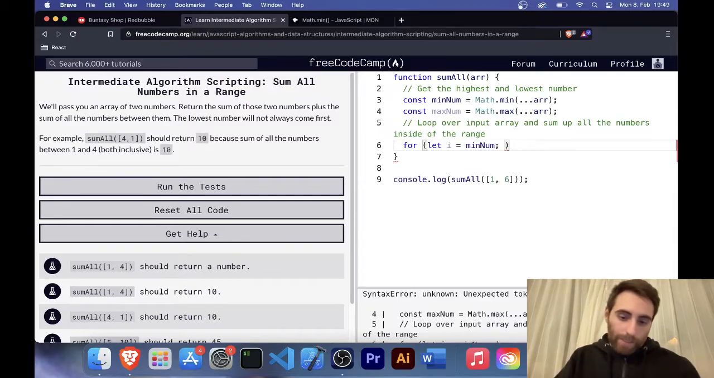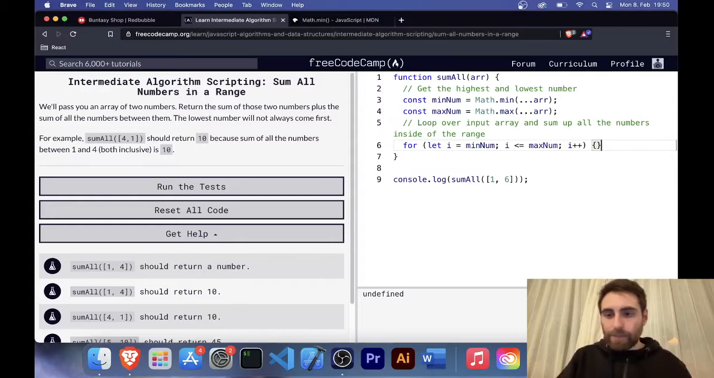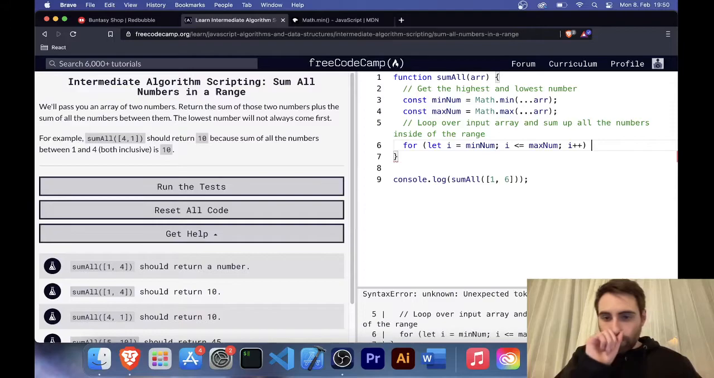So we basically say i must be smaller or equal to max num, because this can be 8 or 4, and then we're going to increment by 1 for every iteration, and then we can open curly braces, but we don't need that because it's a one-liner. I mean, we can do a one-liner if we just say,